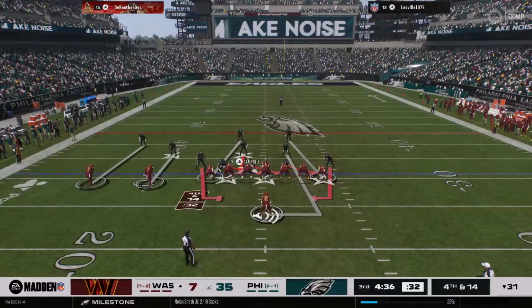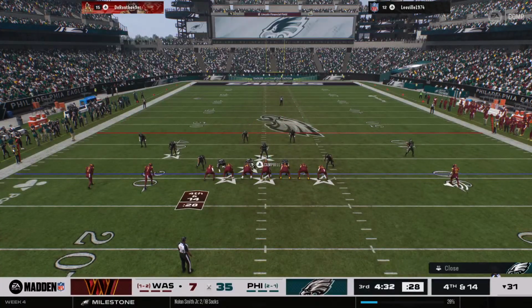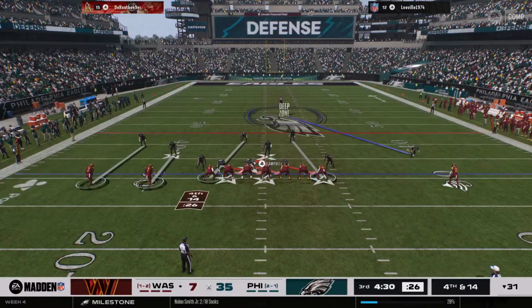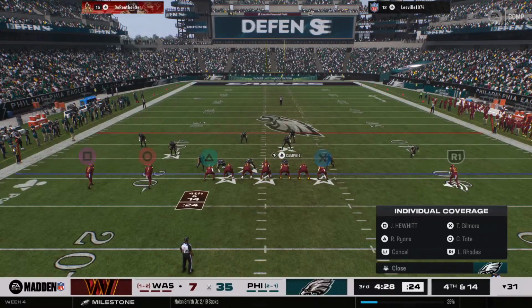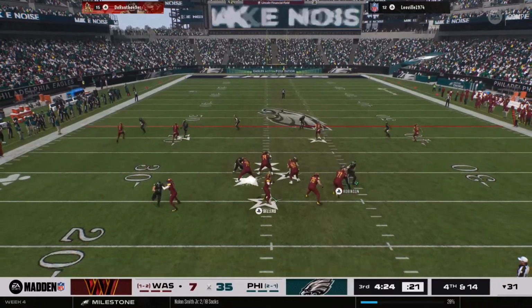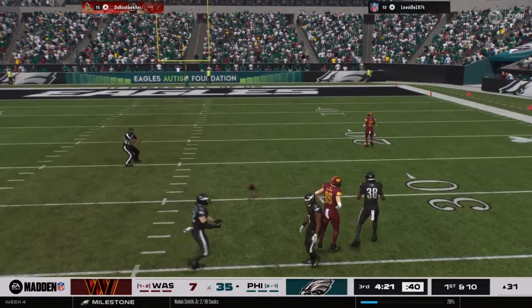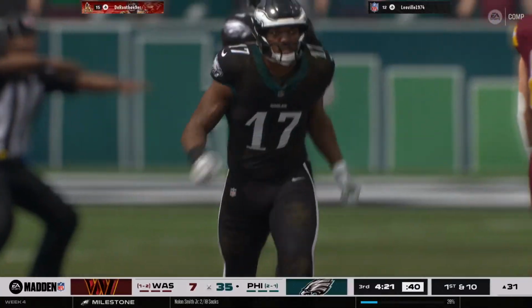They're going for this. Lasers this one deep down the middle. And this is rejected. The defender knocks the throw away and forces